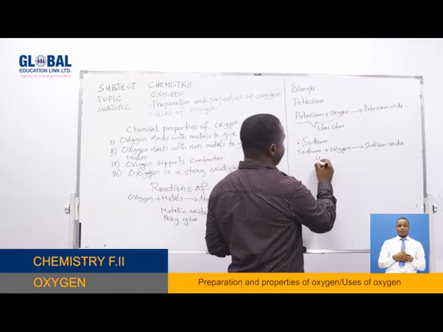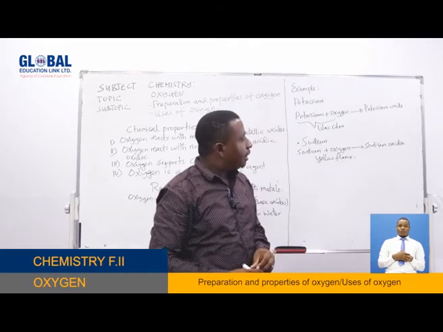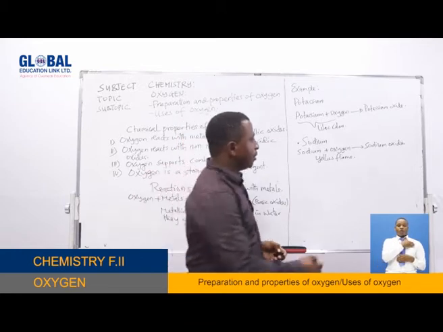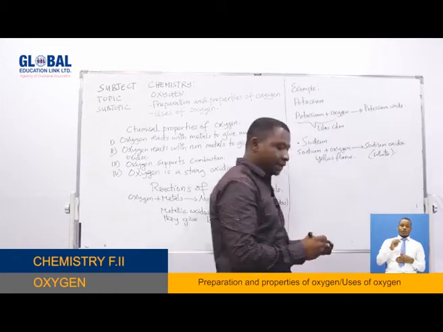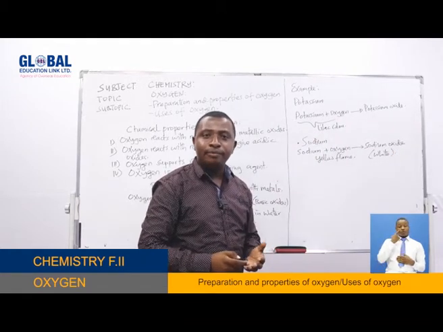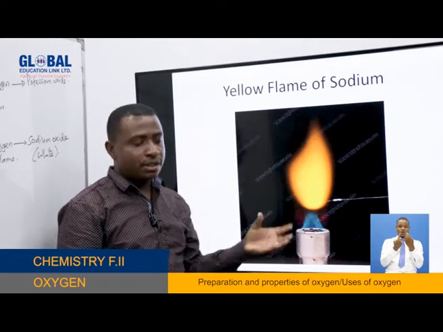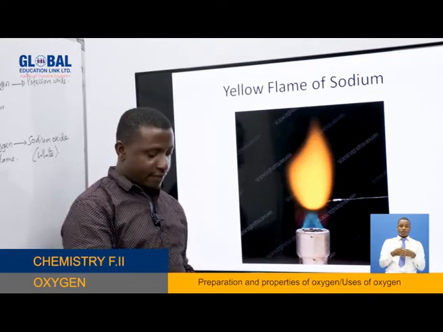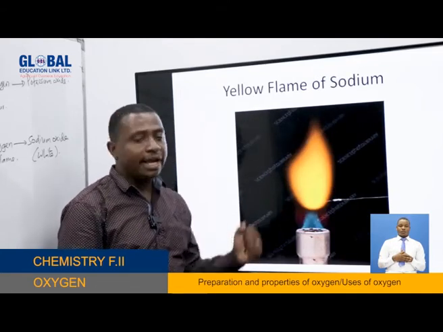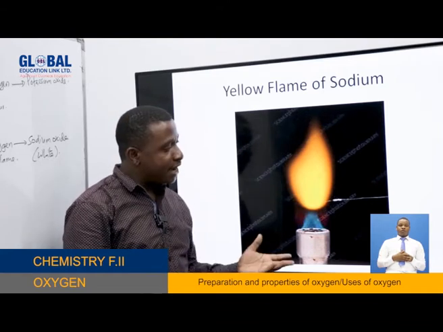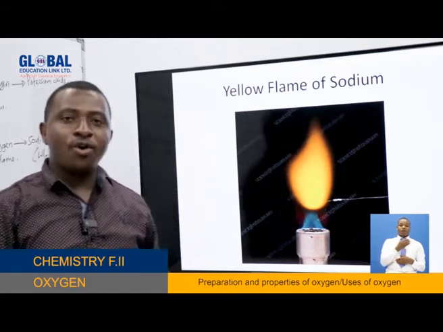So this one burns with the yellow flame, and it produces white crystals. You get white oxide. These are crystals of sodium oxide. Let us now go and see the color of sodium when it's burning. And this is the yellow flame that I was talking about. So you can see it. You can differentiate it from the other one, which was a lilac. Sodium burns with a yellow flame to form an oxide, which is white crystals. Let us now go and see the other metal,